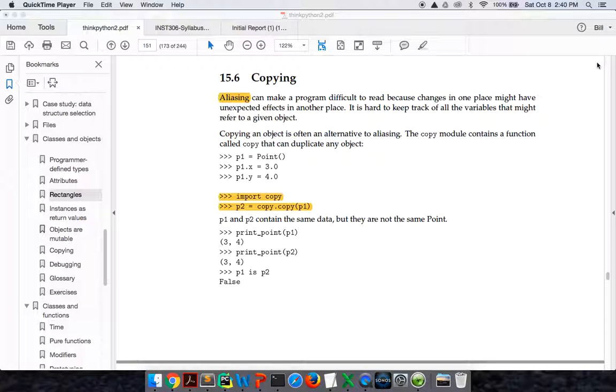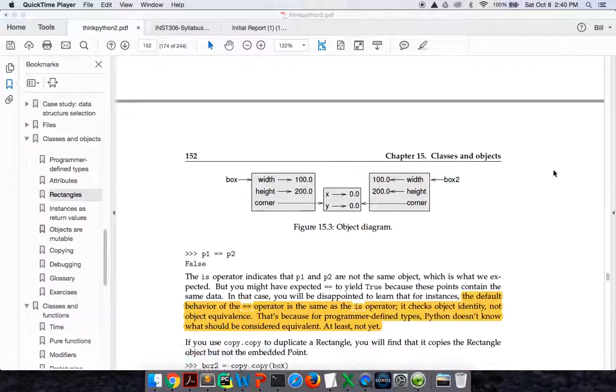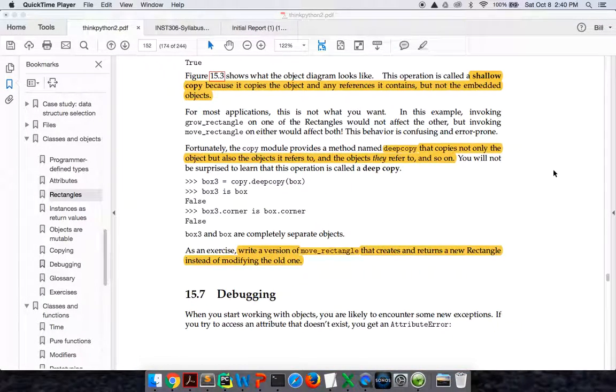At this point, you should have read section 15.6, copying. It talks about some of the problems that aliasing can create. And then it talks about the difference between a shallow and a deep copy. So what we're going to do is look at one of the problems with the shallow copy,